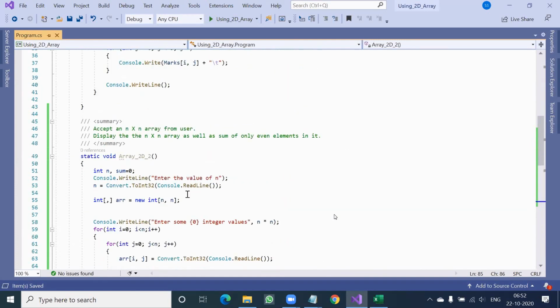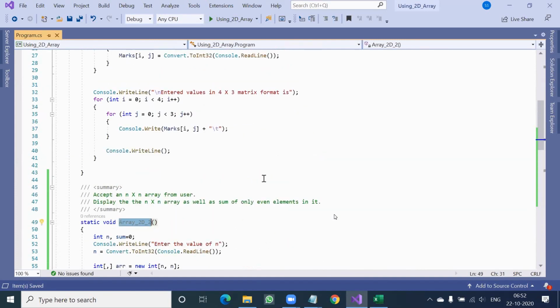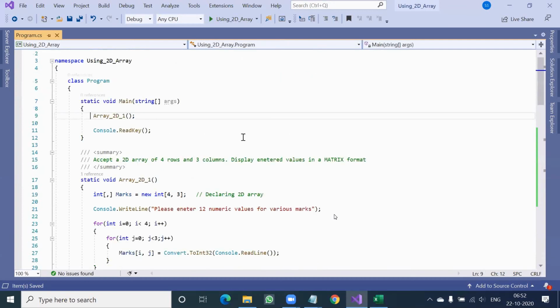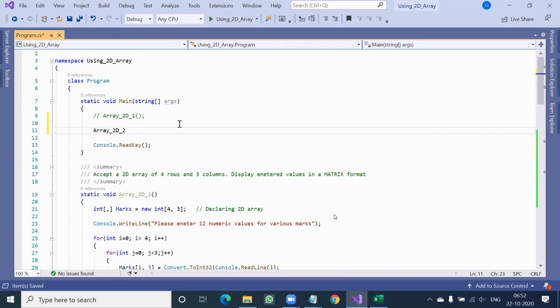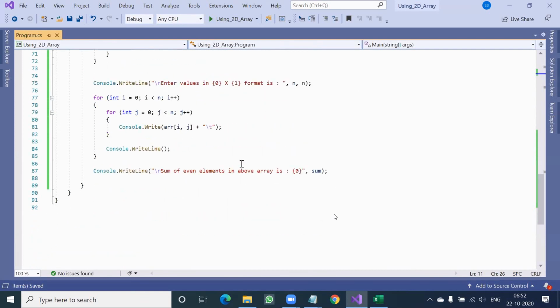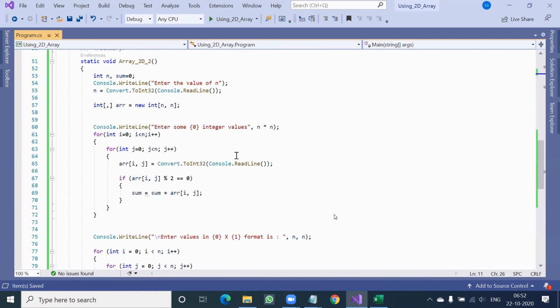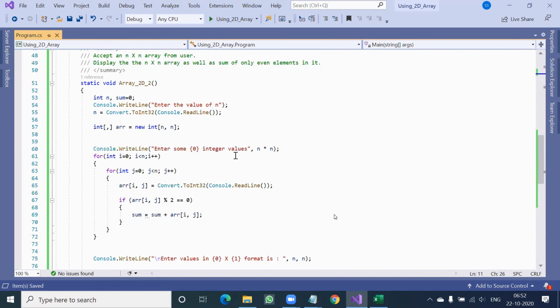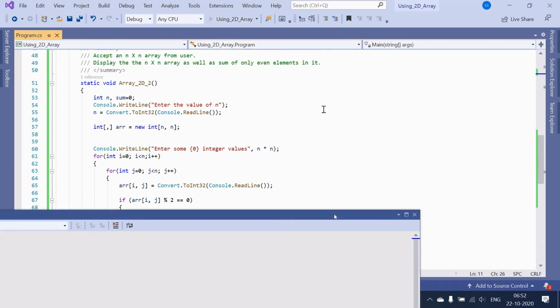All right, so now let's call this function in main. I comment the previous program and call today's program. First let's run it without debugging. Let's see the output, whether the output is coming as per our expectation or not. Once we see it, then we will put a breakpoint and see where exactly what is happening. So run it.